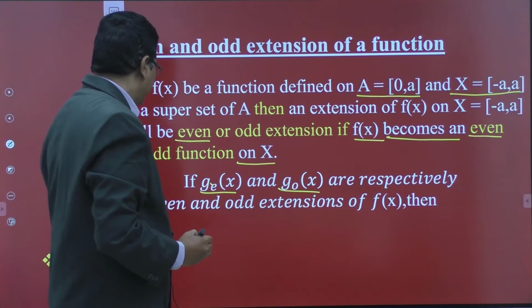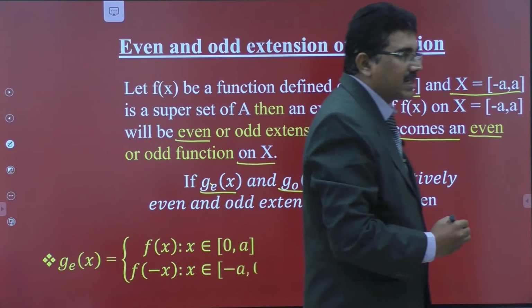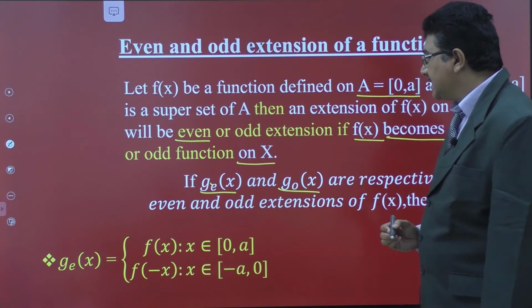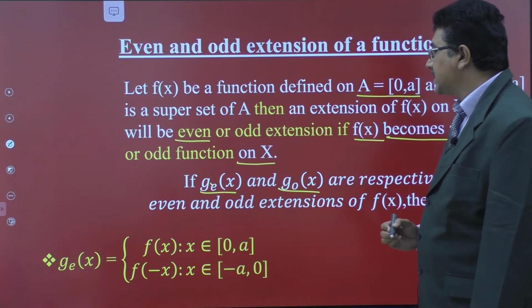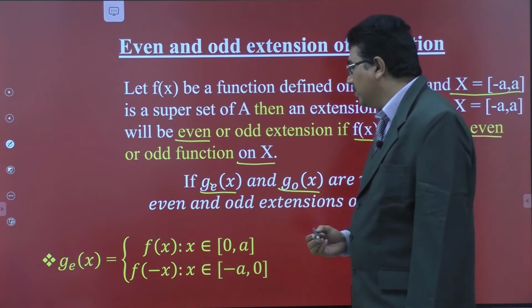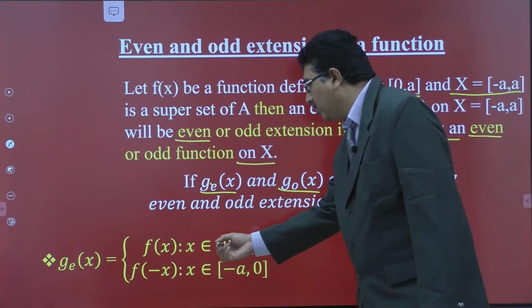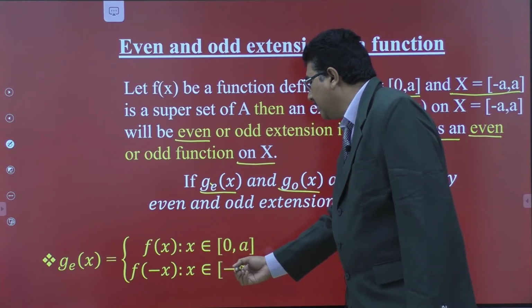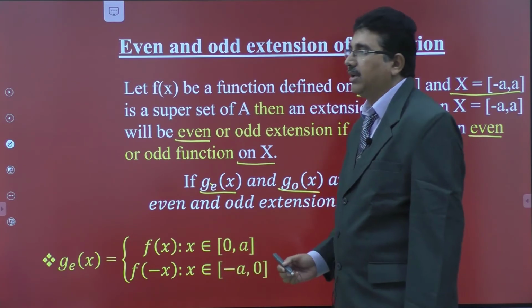Then the even extension of f, that is g of x, is equal to f of x when x belongs to closed interval 0 comma a. If x belongs to closed interval minus a comma 0.